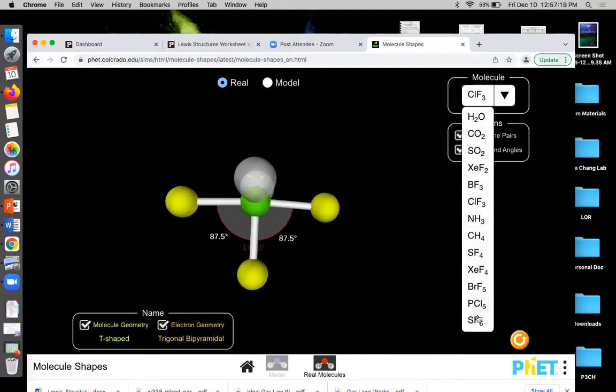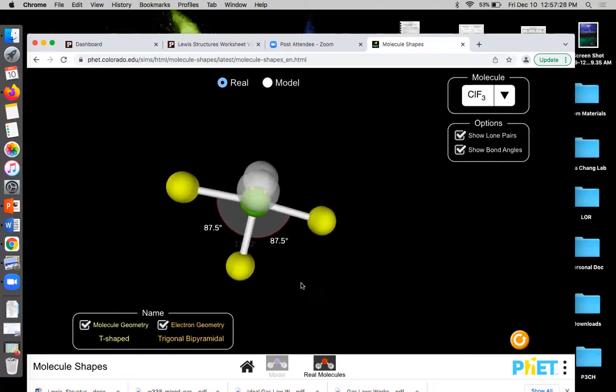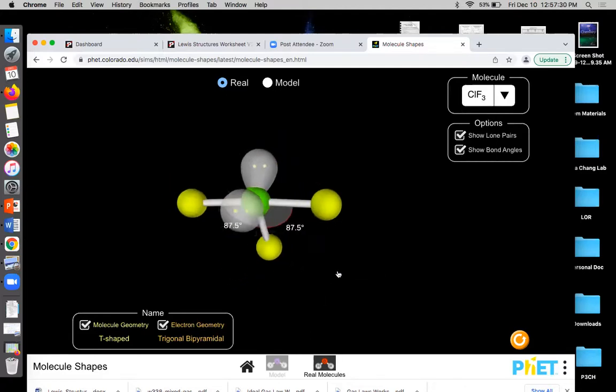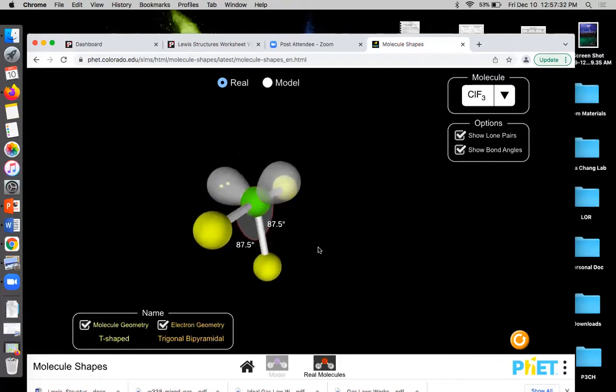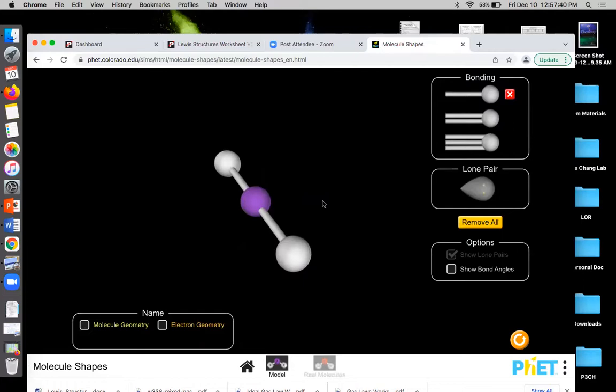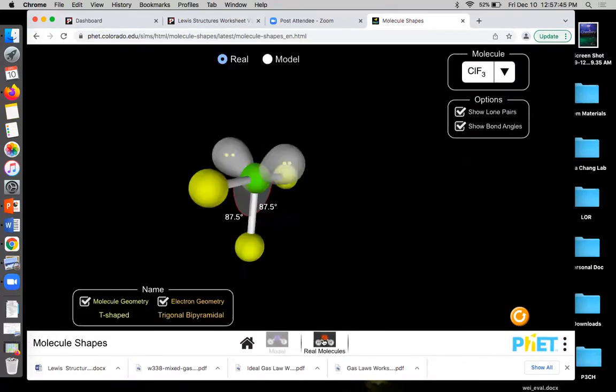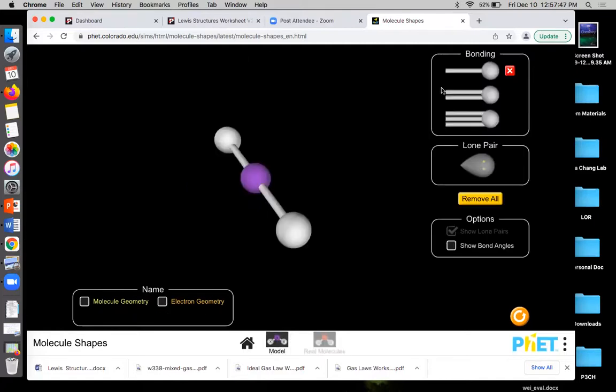I don't think we did anything else from this list, right? And so hopefully this helps you guys visualize the 3-dimensional structure of these molecules. If you guys want to build it from scratch, you guys can click on models. So at the very bottom of this website, it allows you to go between model and real molecules. So if I click on model,